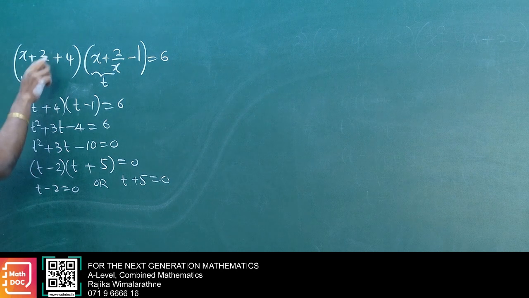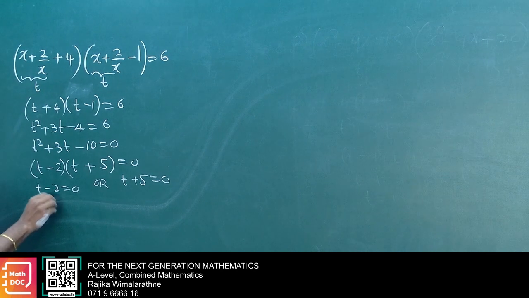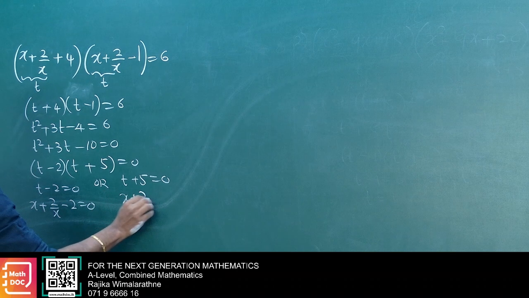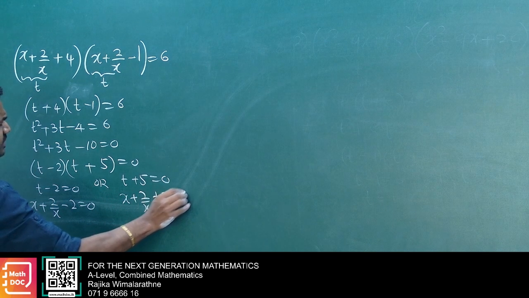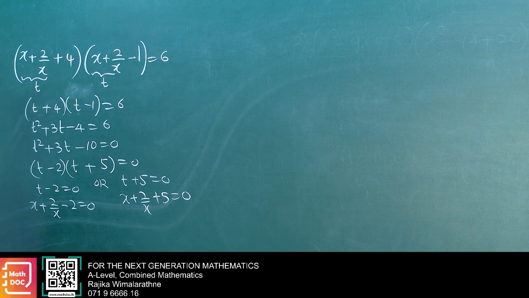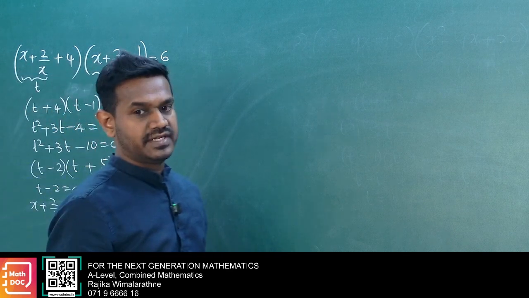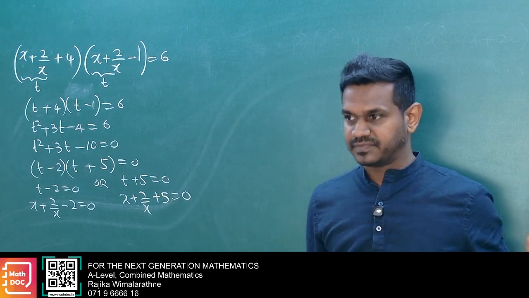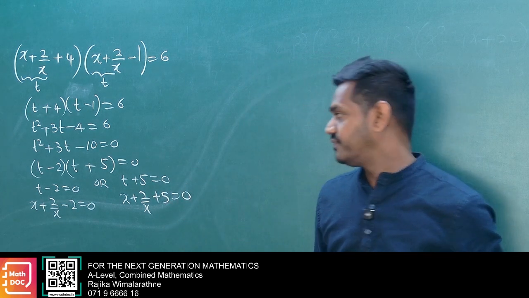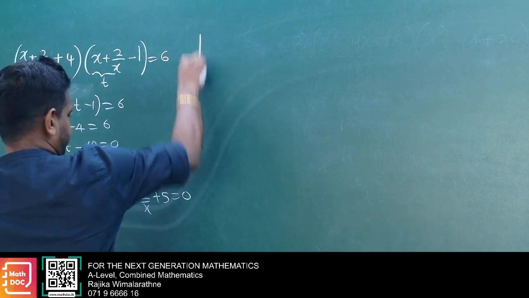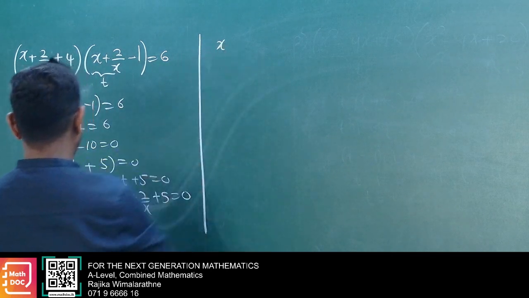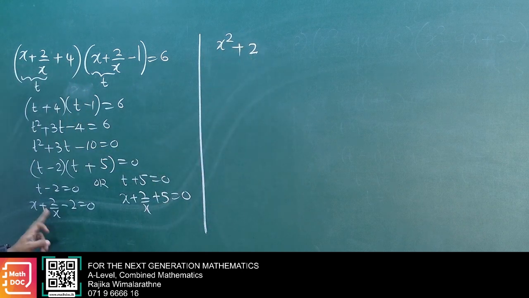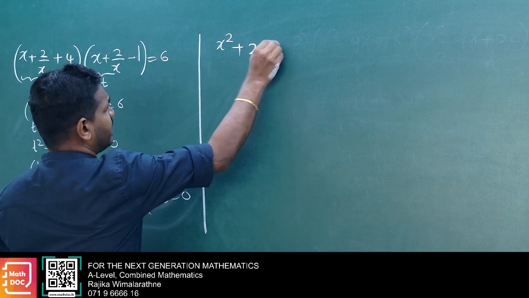Then t means x over 2, x plus 2 of x. Here x plus 2 of x plus 5, 0. Now we have done up to some level. Thereafter, you have to multiply each expression by x, no? Then here multiply by x, then here x square, this will be 2, here this will be minus 2x, 0,